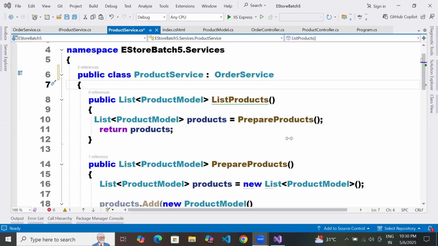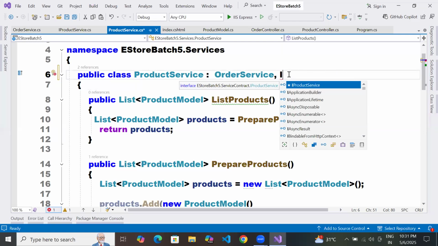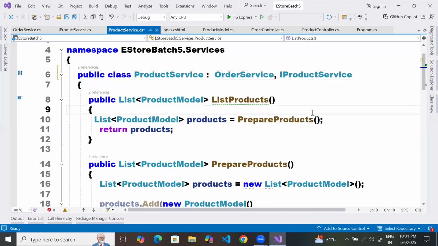Sir, can we also inherit an interface after this class? By default, it will be inherited, right? After this class, we can inherit. It is not possible. No, it's possible actually. Okay, if you do it like this, what will happen?